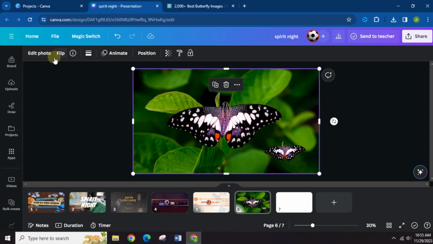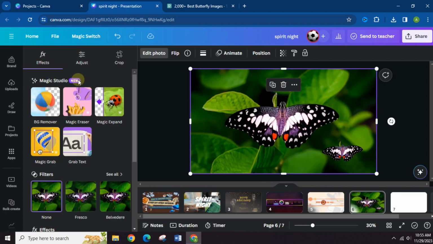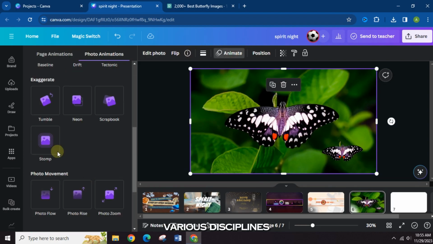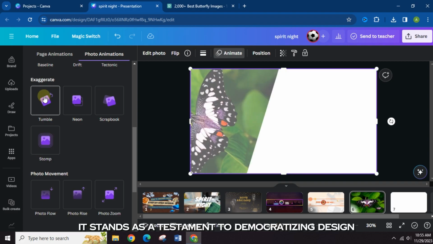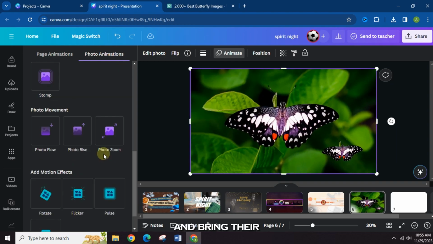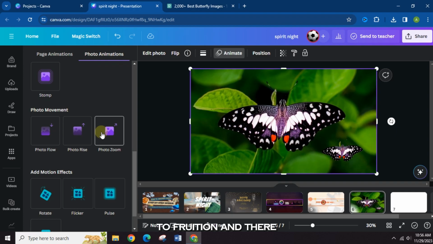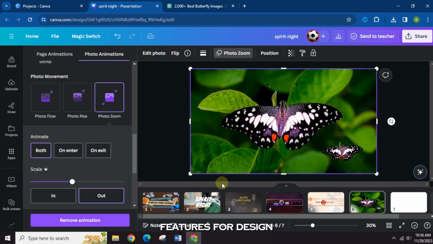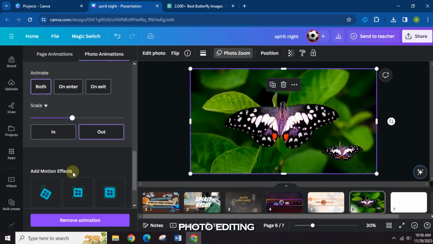In essence, Canva transcends boundaries, catering to the artistic endeavors of individuals across various disciplines. It stands as a testament to democratizing design and empowering users worldwide to explore their creativity and bring their unique visions to fruition. And there you have it, a detailed walkthrough of Canva's features for design, photo editing, and video